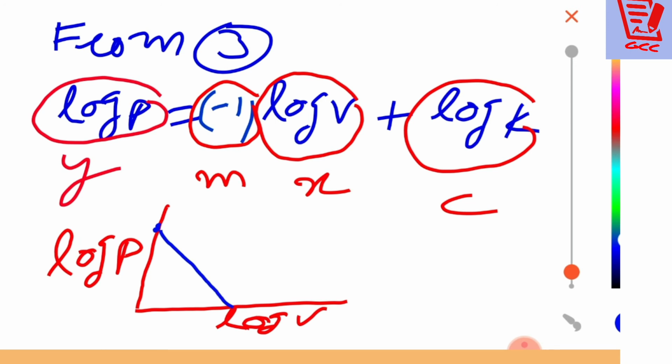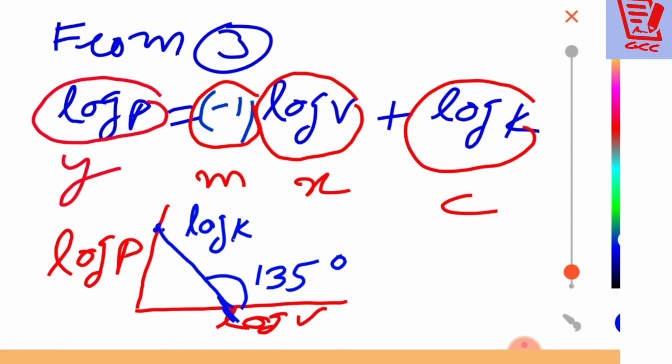So it is going to cut like that. Why is the graph downward? Because slope is negative. So the angle here is 135 degrees. Just remember it. And here it is the log K intercept. Is that clear? And slope is minus 1. Is that clear to you what I have done there? This is another graph I have made.